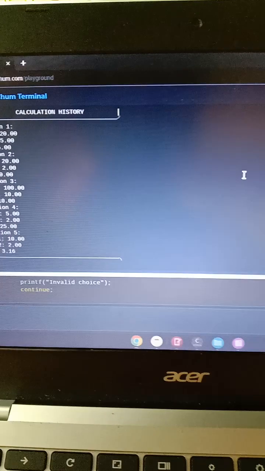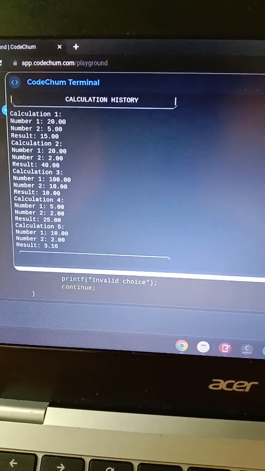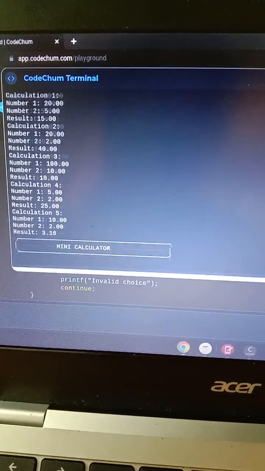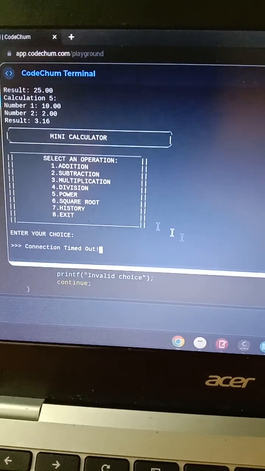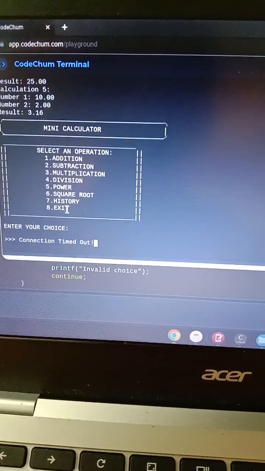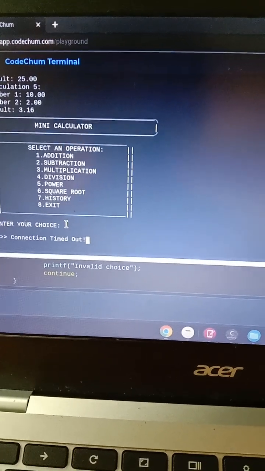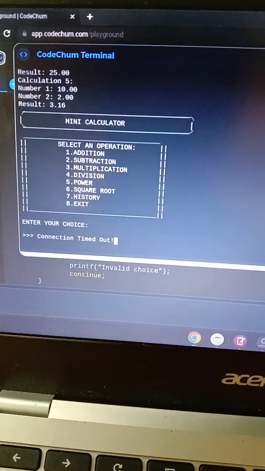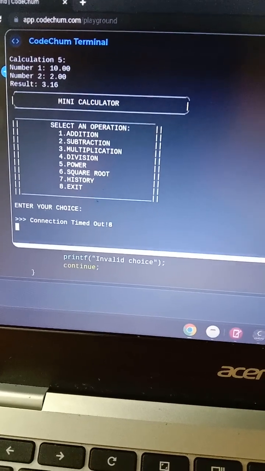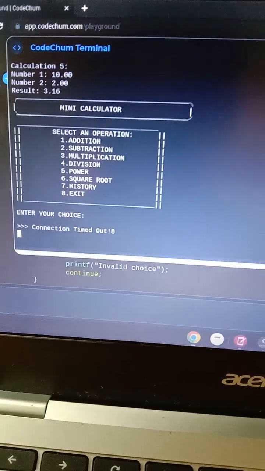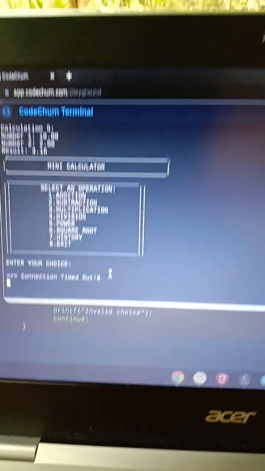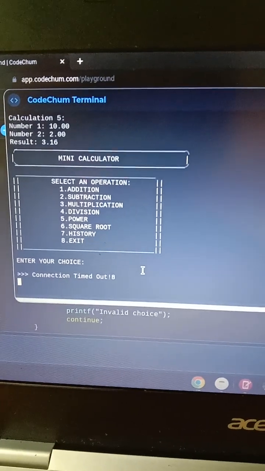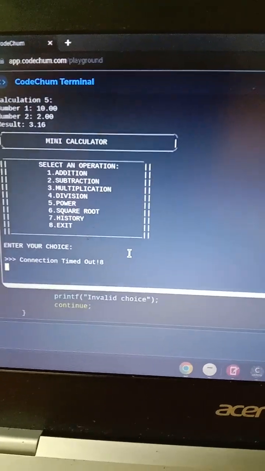Okay, so now I'm going to move on and finally choose the last choice, which is exit. Now I'm going to choose exit, 8. I think I pressed something that made it not run properly, but